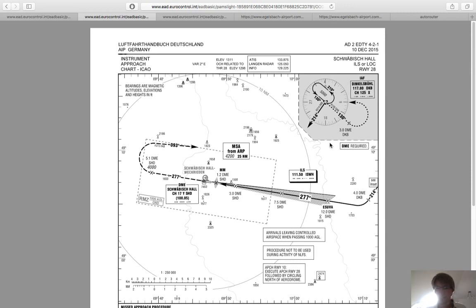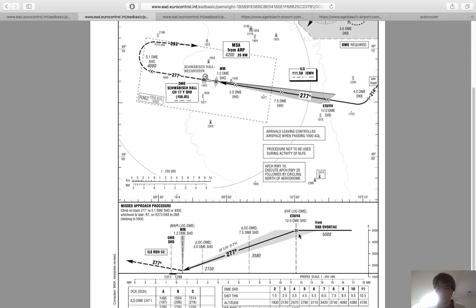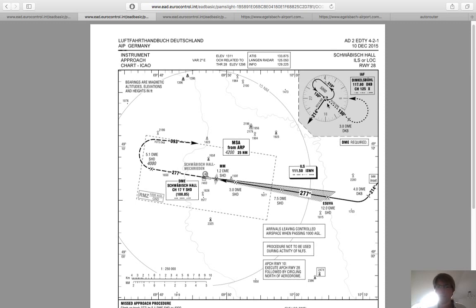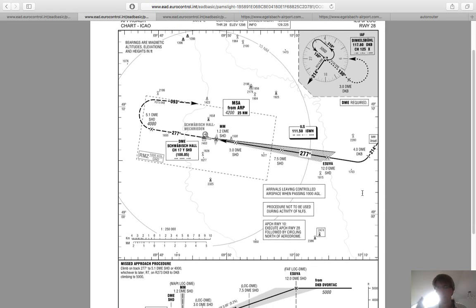Okay, so leaving Dinkelsbühl, 5,000 feet is our minimum altitude all the way from the Dinkelsbühl VOR until our glide slope interception. So 214 is the outbound course. We fly that until we have 4 DME from Dinkelsbühl, and we can of course have that on the nav2, and I can just switch over the DME on the nav2 for that,